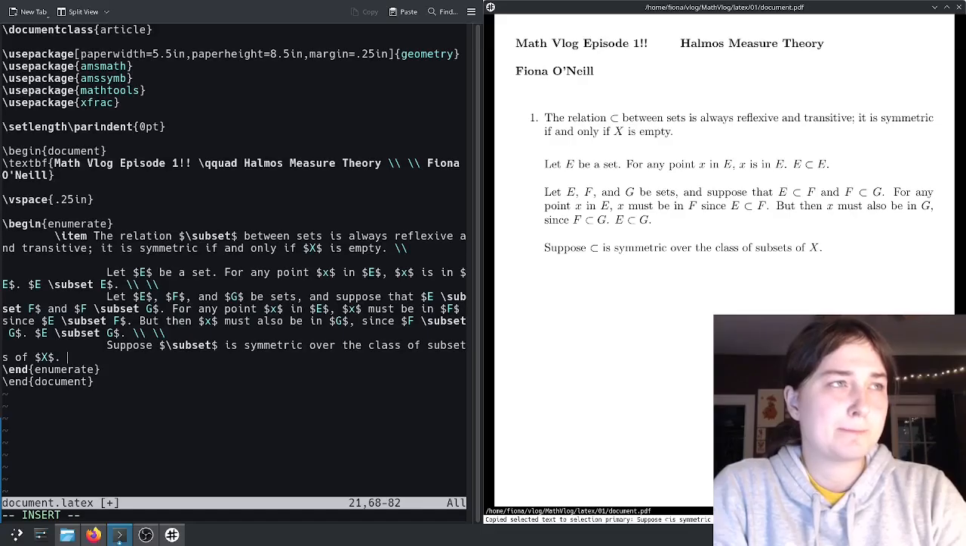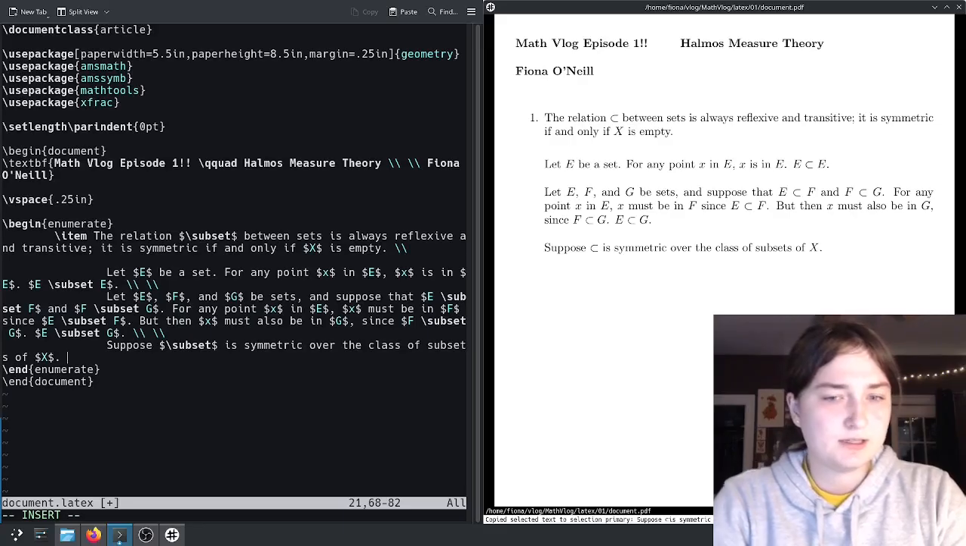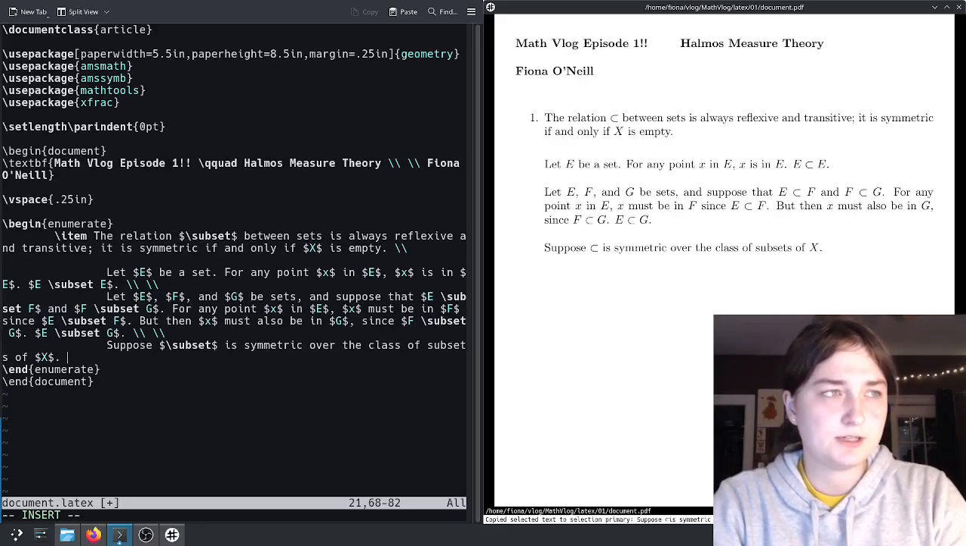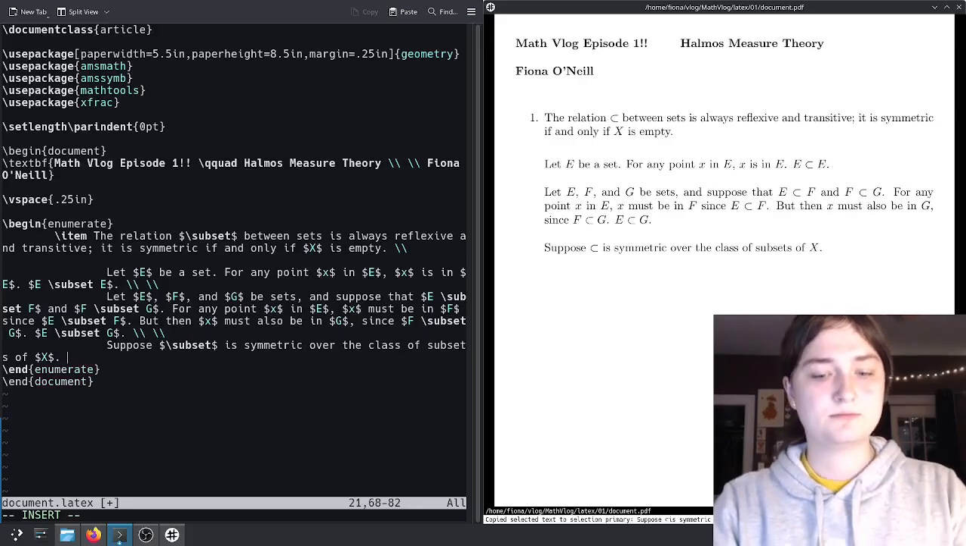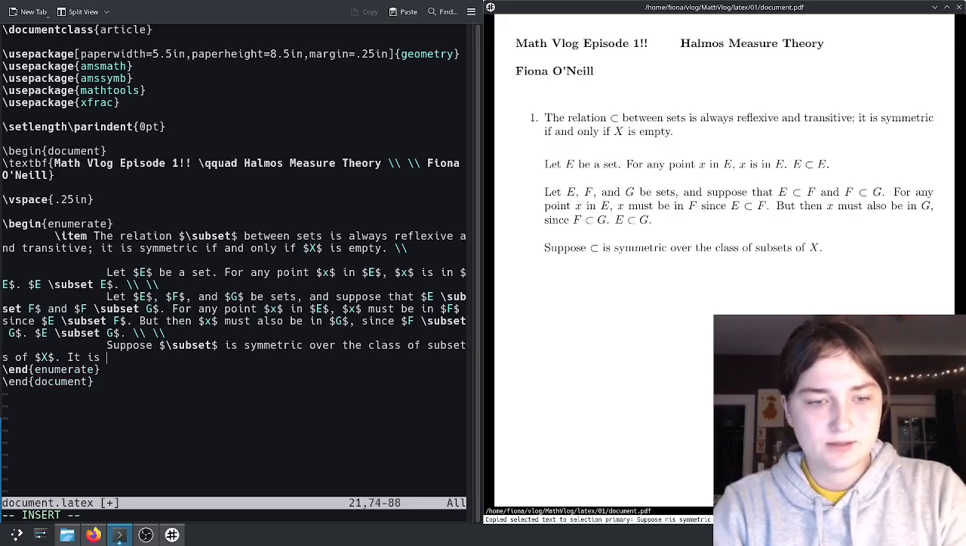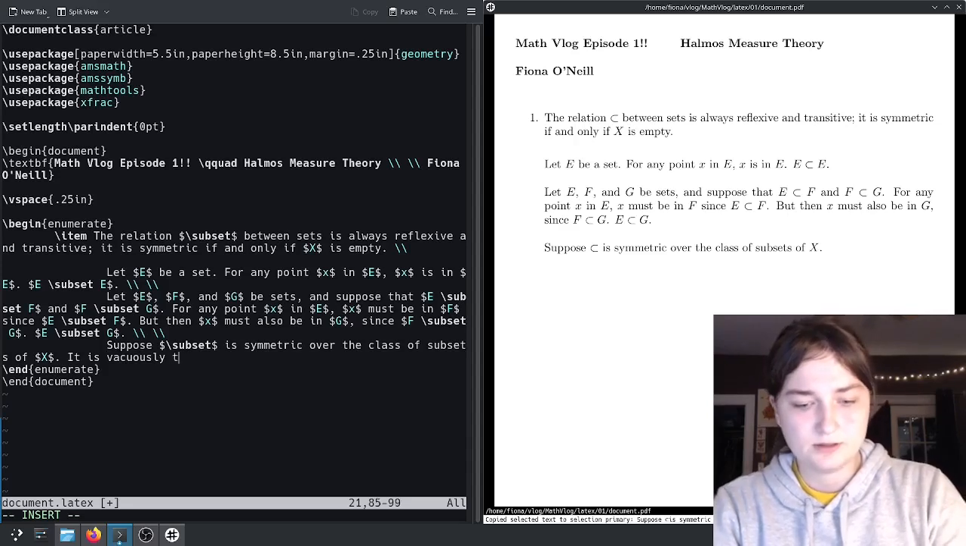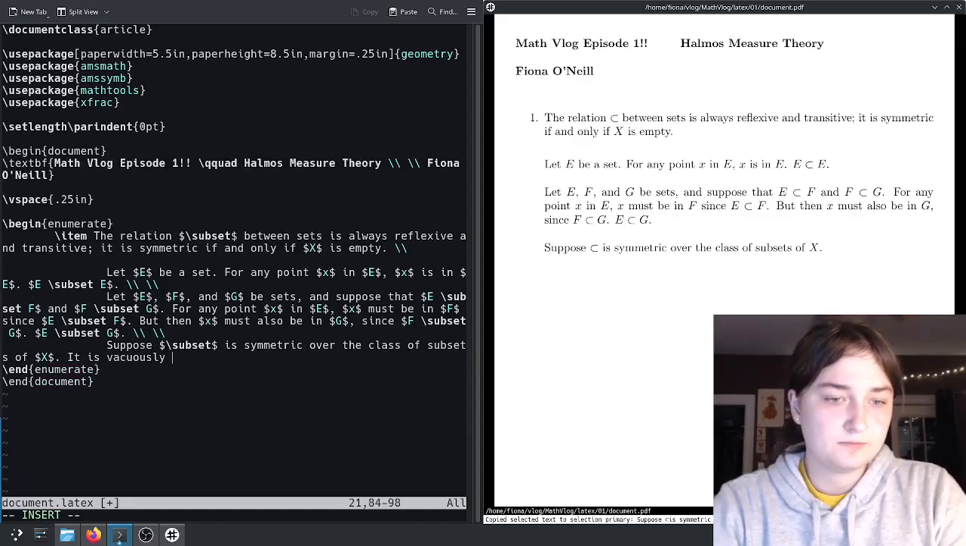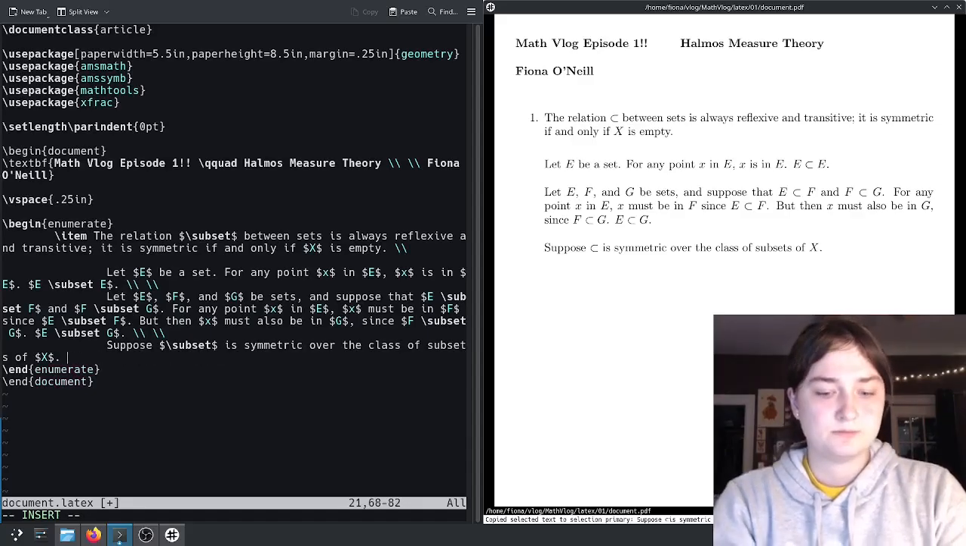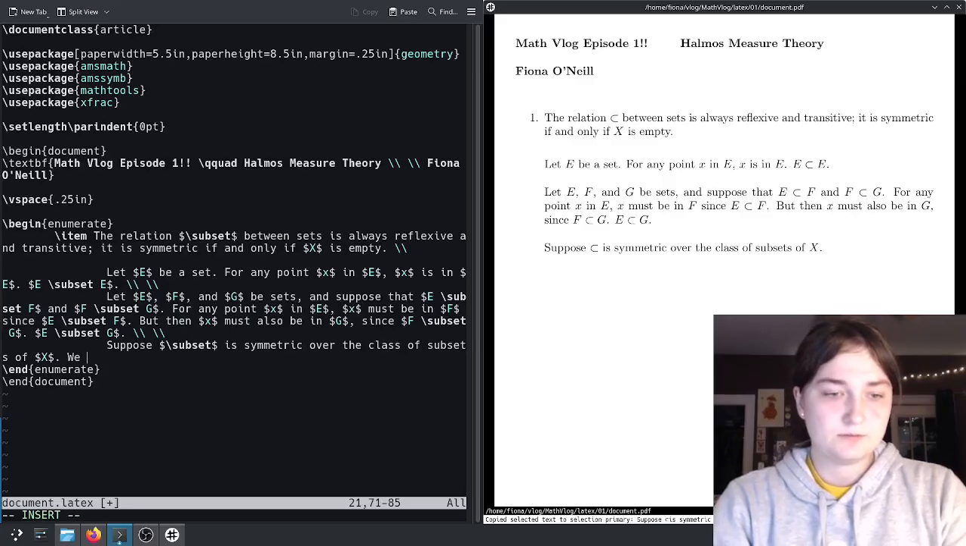How do you... It's just vacuous. How much do I have to prove here? It's the first exercise. Suppose that is symmetric over the... So basically I want to say that it is vacuously true that, actually, well,